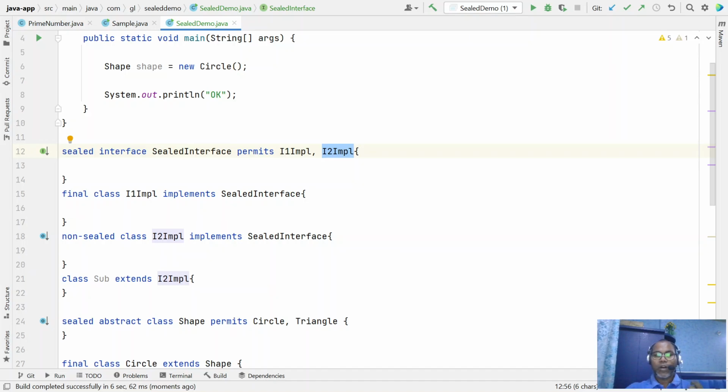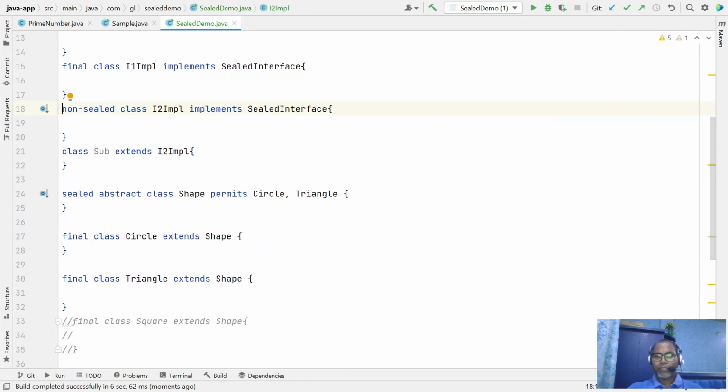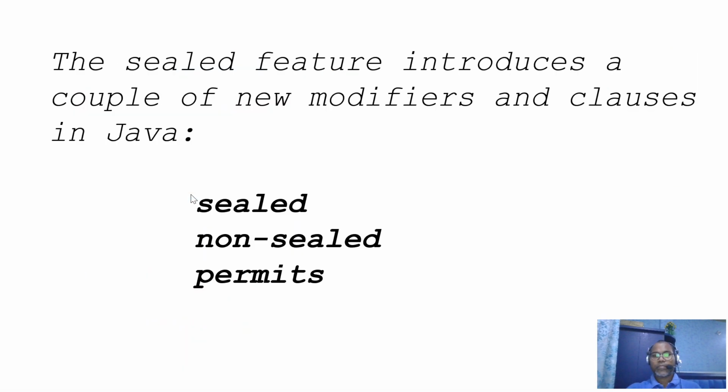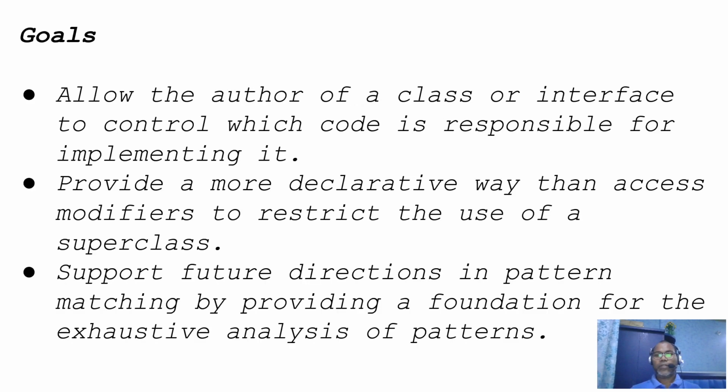if you specifically want non-sealed, then another class can be a subclass, but this is really not a recommended way. Similarly, any abstract class you can also mark as sealed, or even a record you can mark as sealed. And similarly, here you have permits. Here you can specify circle class 1, circle 1, triangle. These are the only allowed Shape subclasses. So these are the ways to use a sealed class or interface.